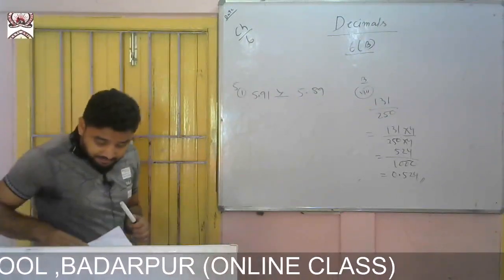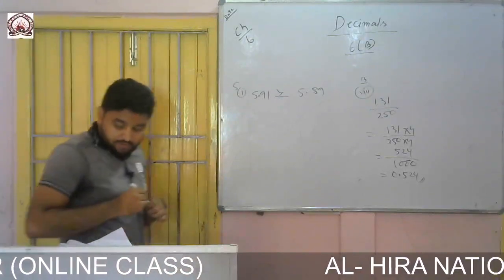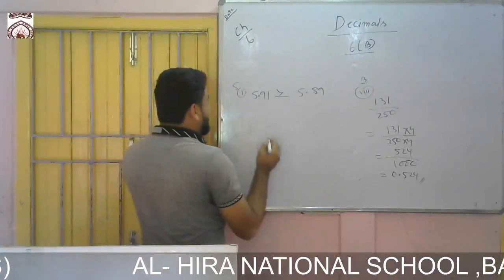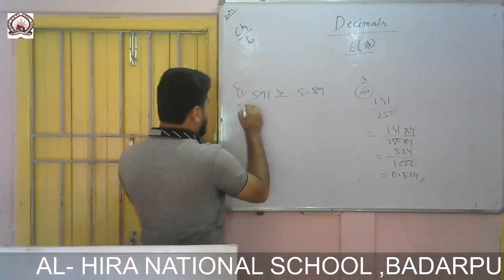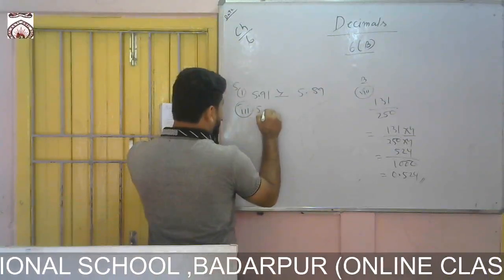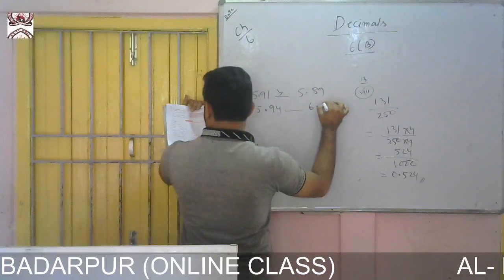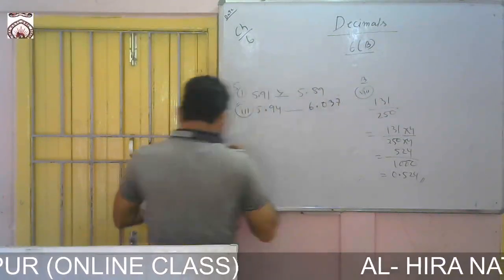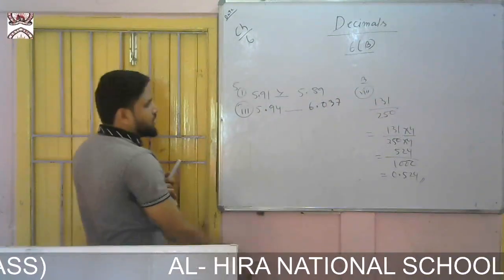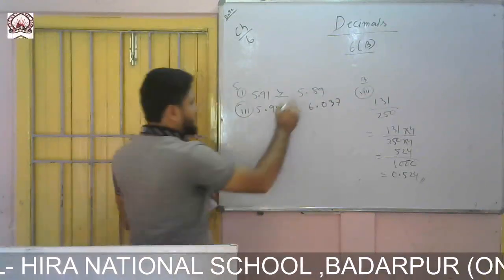In this case, let me show another one, 5.94 and 5.94. Both the fractional parts are the same. Now come to question number 3. I shall show the different ones; I shall not solve all. You see 5.94 and 6.037. Now we first check the integral part, 5 and 6. Which one is bigger? Obviously 6. So no need of checking the fractional part. Directly go for that one.